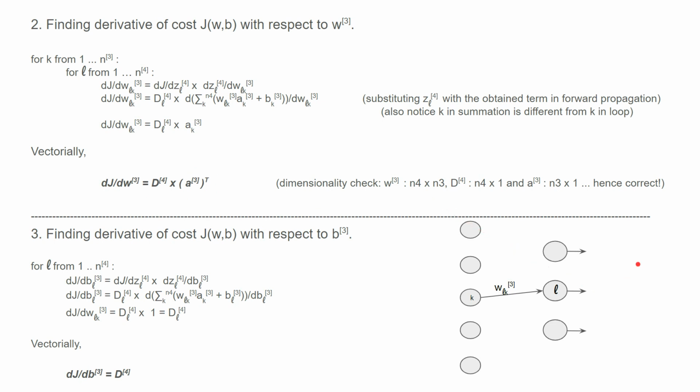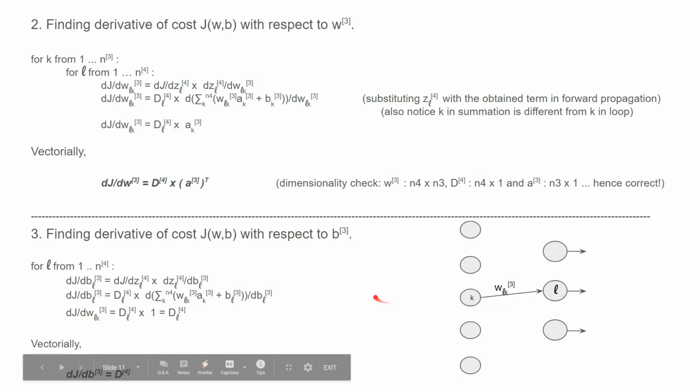Finding derivative of cost J(W, b) with respect to B3. For L equals 1 to n4,